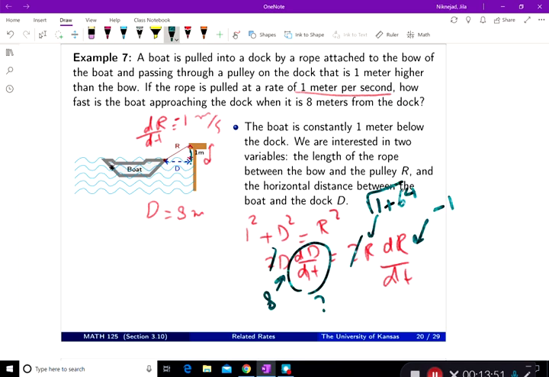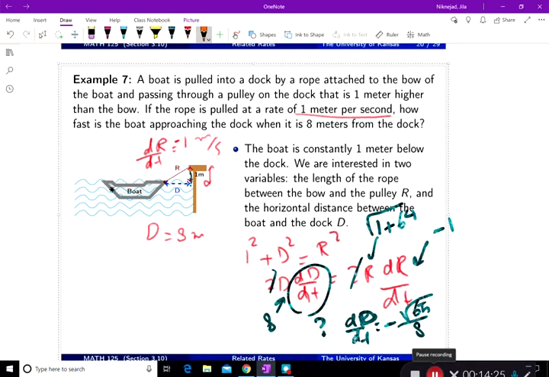And then I can calculate the dD/dt from there. That's the one with the question mark, and it is going to be a negative value, because it's decreasing: negative square root of 65 divided by 8,